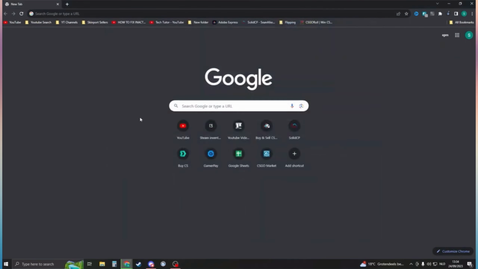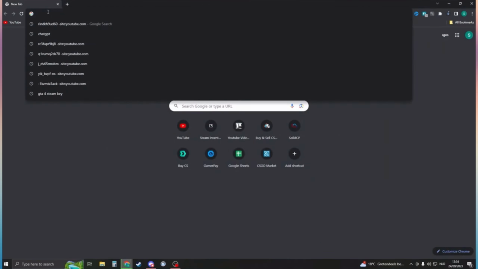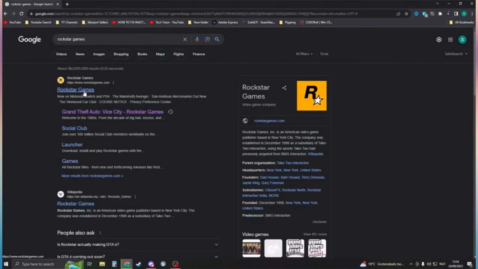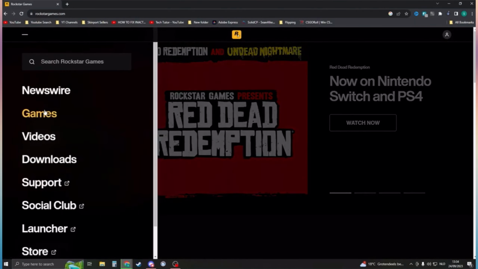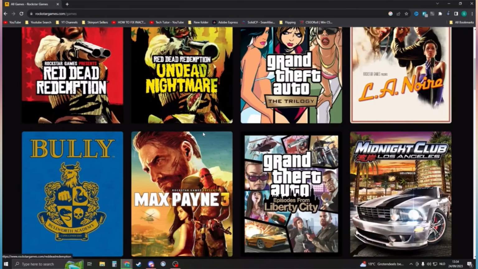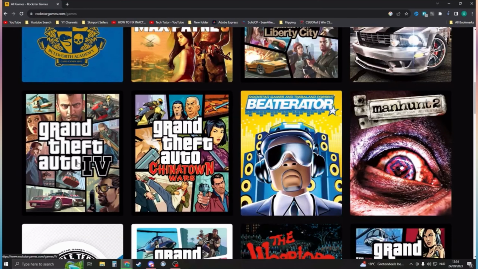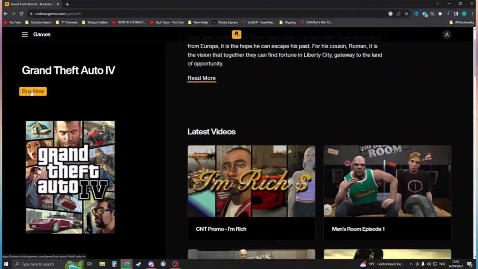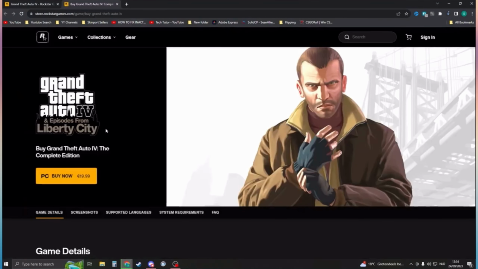However, if you don't want to use your Steam account, you can go to any browser that's available on your PC. So we're gonna search for the Rockstar Games, and then here tap on the first one, and then from the search bar you can tap games, and then there you just find the game, which is Grand Theft Auto 4. All you have to do is just tap buy now,